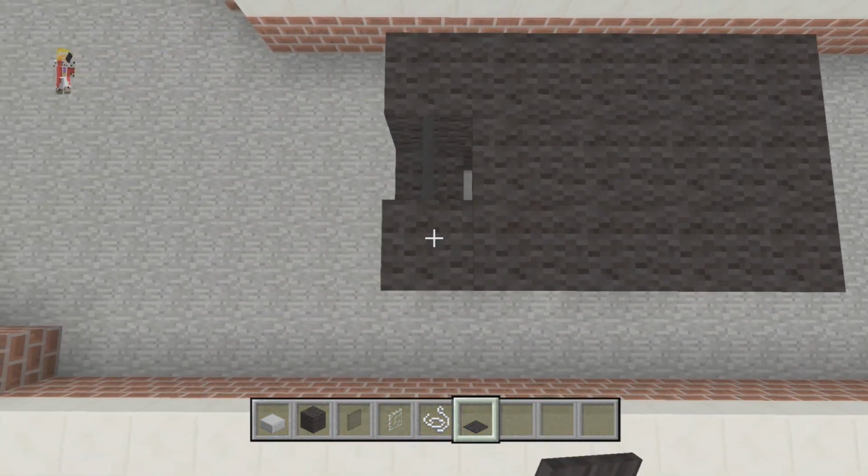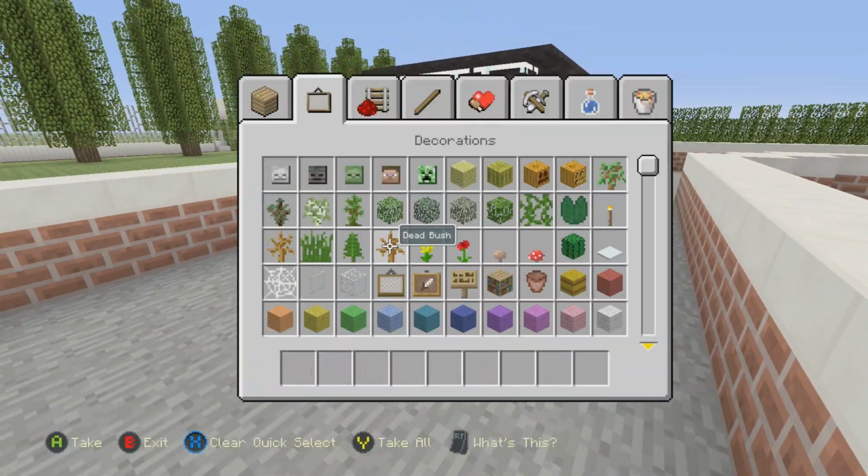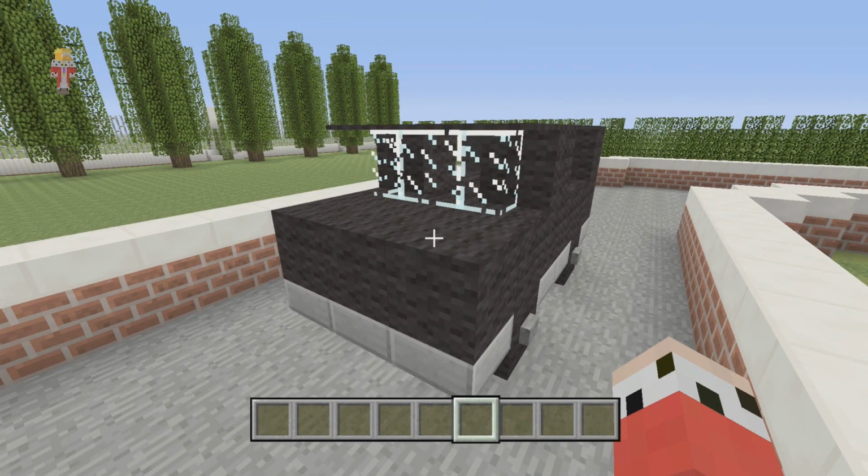And along here, really hard to see the black on black on black. There we go. That's cool. Now, we want a grill at the front. Should we go...